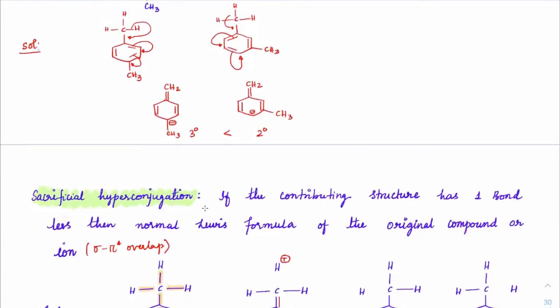Now if you count the total number of bonds feasible here, it is 1, 2, 3, 4, and this 5th bond here. Can you see that? 1, 2, 3, and this was the 4th bond, and the 5th one. But here now if you count, 1, 2, 3, 4 bonds are only present. This double bond has become minus. So the original structure had 5 bonds. Now the structure has 1, 2, 3 and this 4th bond. So there are only 4 bonds.